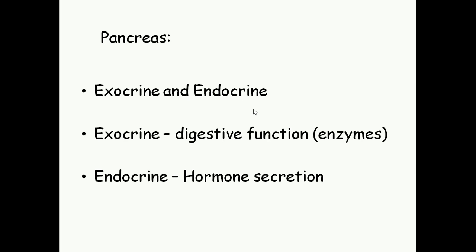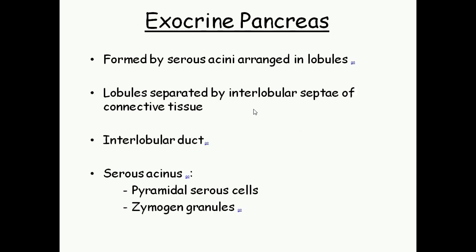Exocrine means the part of the pancreas which gives out its secretion through ducts. The part of the pancreas which does not have a duct, instead the secretion directly mixes in the blood, is called endocrine. So exocrine has digestive functions and endocrine has hormonal secretions. For example, insulin is secreted from the endocrine part of the pancreas, while the pancreatic enzymes are secreted from the exocrine part. So it is an organ which has both types of secretory function.